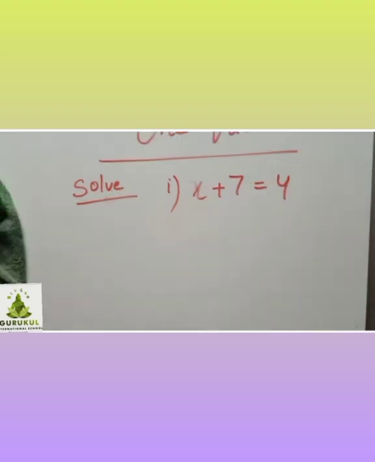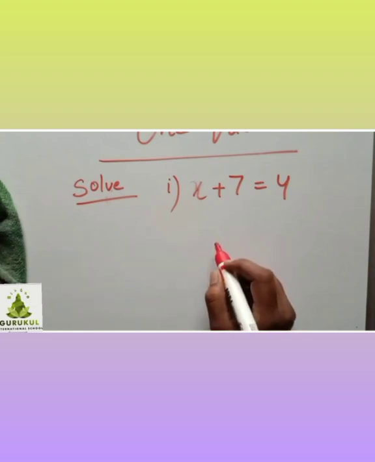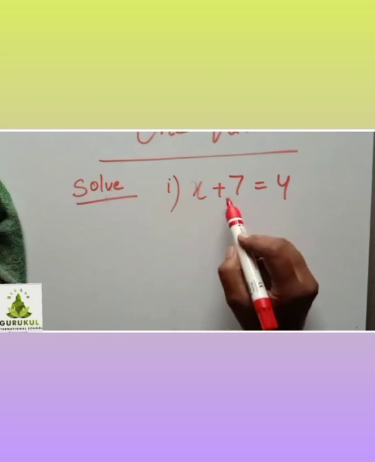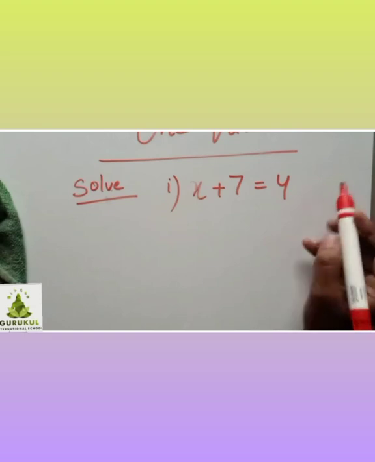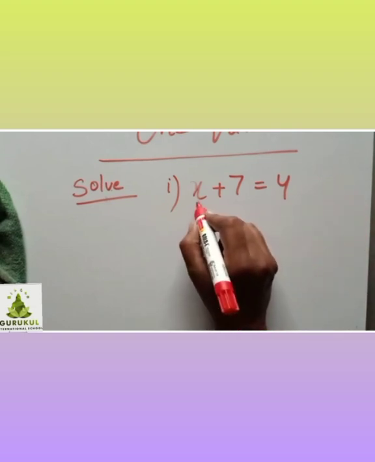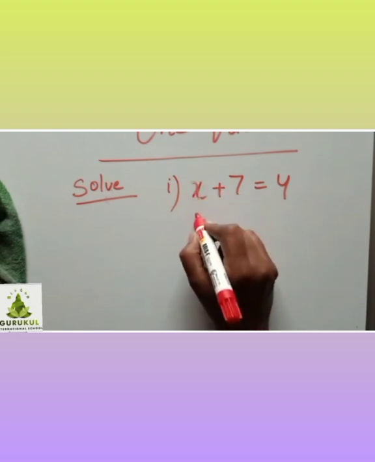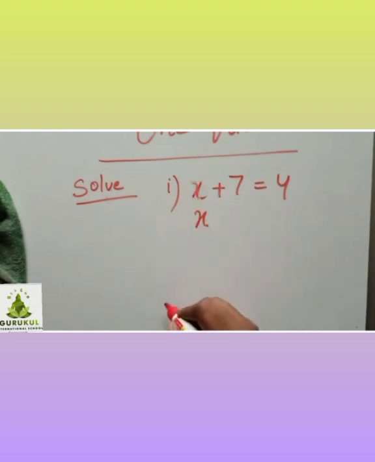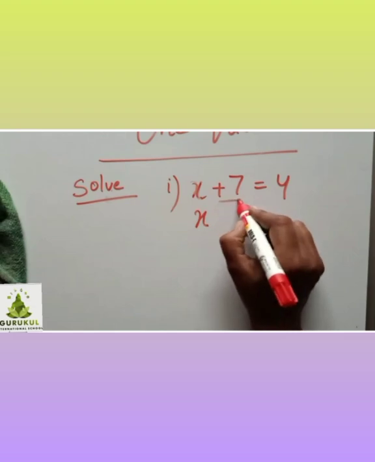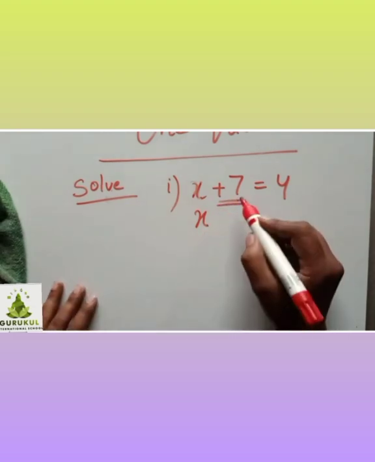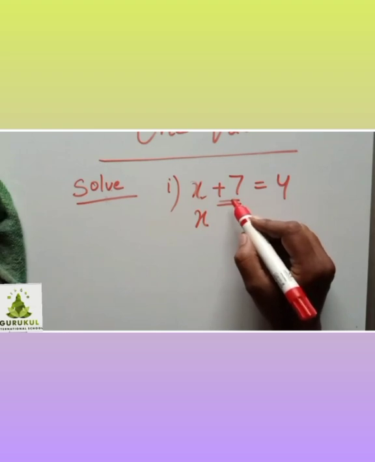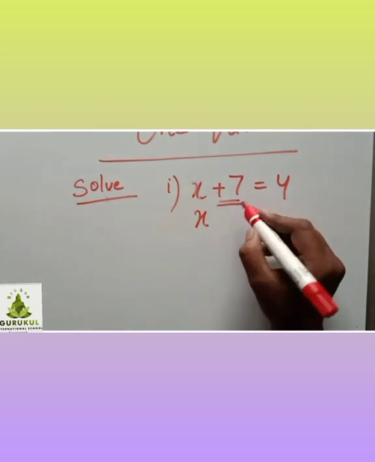Now, the same question can be done in one more way, that is by transposing the term. If a term is transposed from one side to the other side, its sign will change. Is it clear? Let's see how. Now, here I want to find the value of x. So, I will keep the variable here itself. I don't want this number here, only x terms I need here. I am taking this number to the other side. So what I will get, you see.